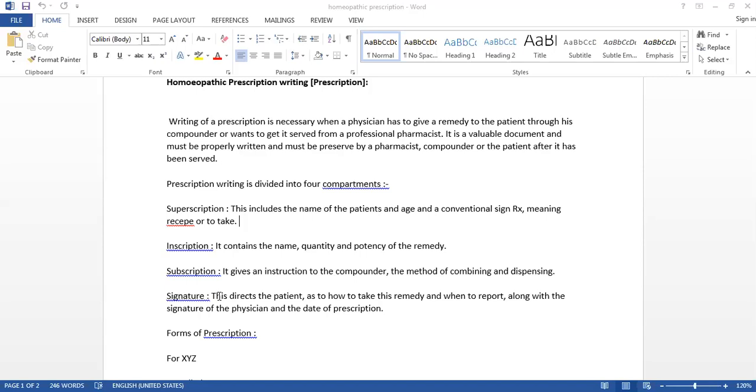The next one is the accuracy and the reliability of the ingredients. So what you are writing should be accurate. If you want to prescribe Sepia 1M, please write it properly. So it will have legibility, accuracy, and reliability. The next one is administering the smaller dose that will cure the patient very easily. So as far as possible, give the minimum dose to the patient. And the most important thing is there should not be any dash in the prescription.